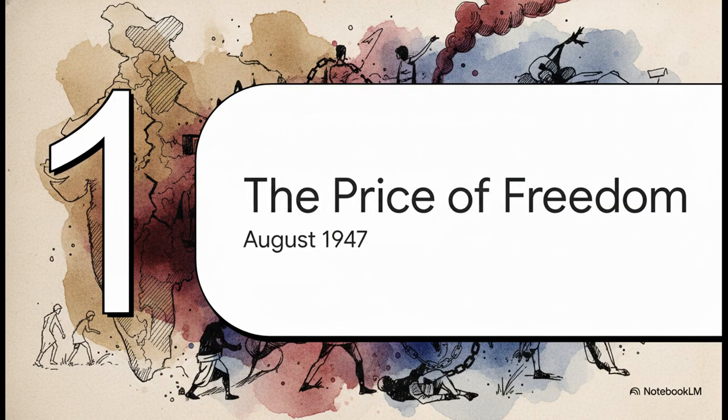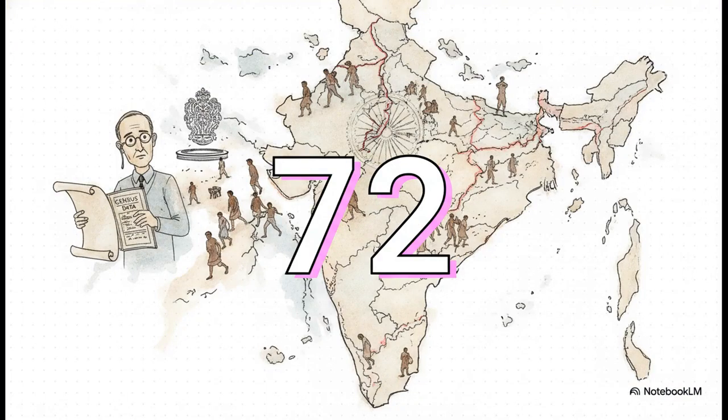Section 1, the price of freedom. We are dropping right into the drama, and frankly, the deep trauma of August 1947. Freedom from colonial rule had finally arrived, but man, it came with a massive price. To grasp the sheer chaos of partition, you really just have to look at this number: 72 days. That's it. That was the shockingly brief window between the announcement of the Mountbatten Plan and the actual date of